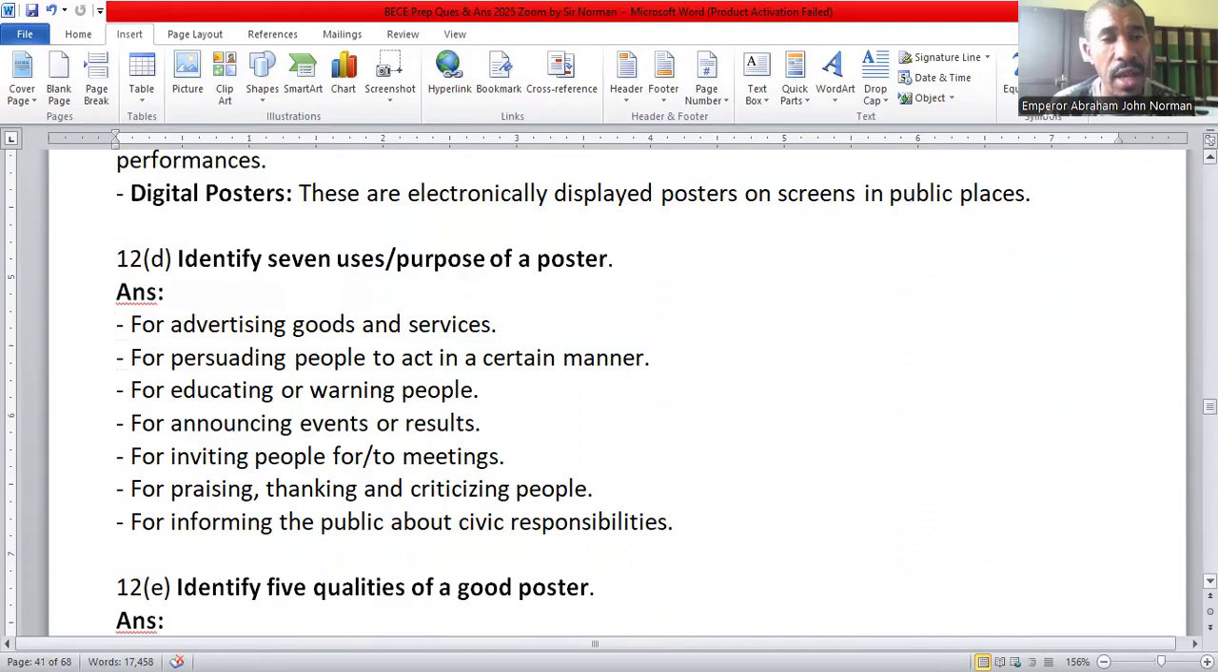poster. One, a poster is used for advertising goods and services. Then posters are used for persuading people to act in a certain manner. Posters are used for educating or warning people. Posters are used for announcing events or results. Posters are used for inviting people to a meeting or for meetings. Posters are used for praising, thanking, and criticizing people. Then posters are also used for informing the public about